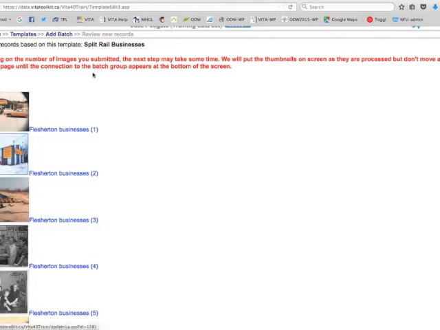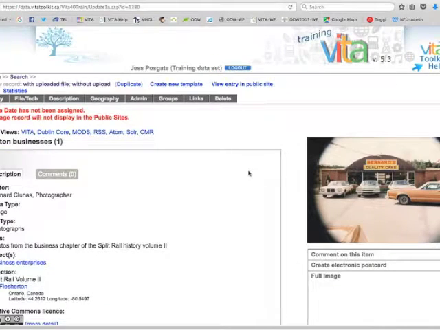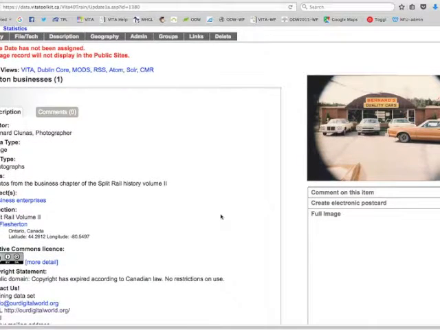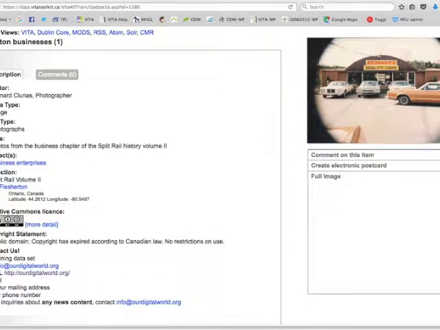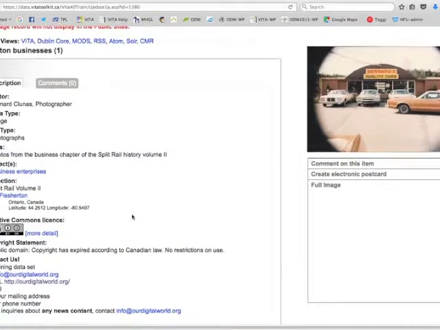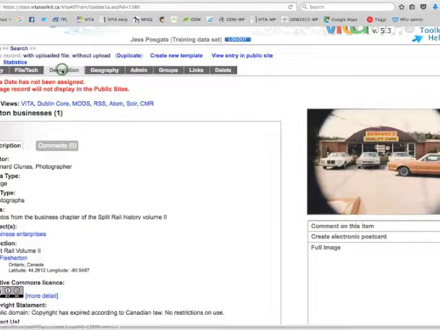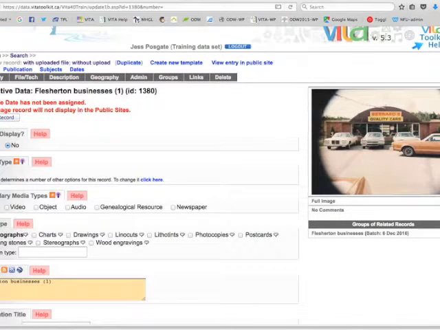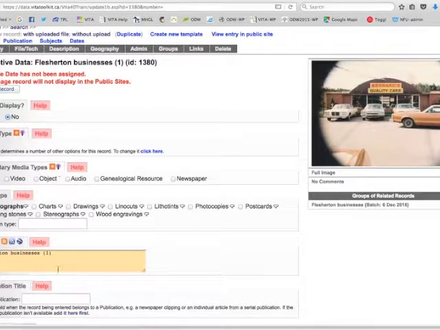Or if you're able to work on it right away, you can simply start clicking through from this screen and customizing the data about these particular photographs. So you'll notice when I click through that the consistent metadata that I added from that template have all been applied. Right, my Creative Commons license, my copyright statement, and so on. And now I can go in and start changing some of that information and also make things public when I'm ready. So I know, for example, that this is not